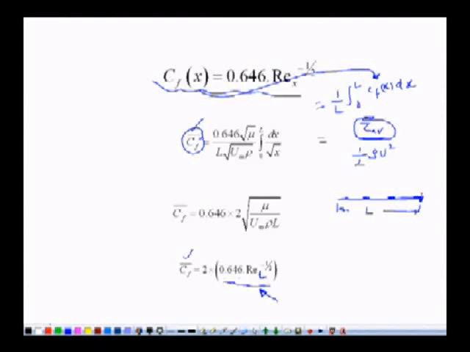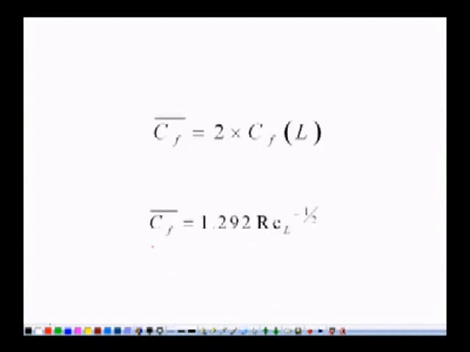So if we can get the local skin friction at the trailing edge and we have a flow in this direction, then the local skin friction coefficient at the trailing edge multiplied by 2 will give us the average skin friction coefficient. The average skin friction coefficient can also be written in terms of Reynolds number as 1.292 Re_L raised to the half. So with the help of